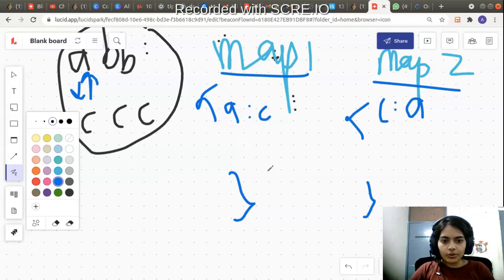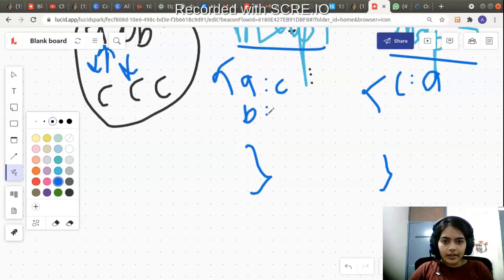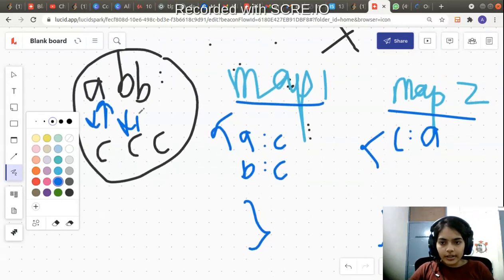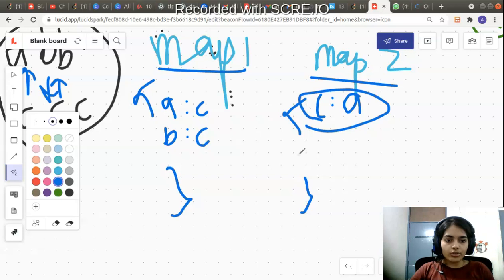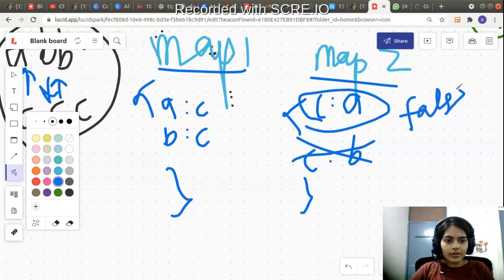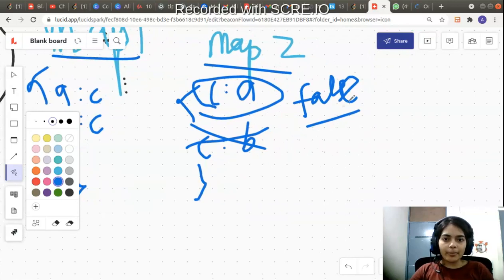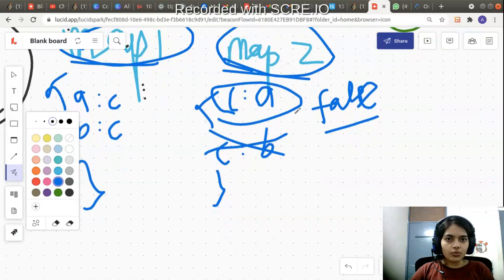Now, what you do? You go ahead and next make the connection B with C. Now when you are trying to make connection B with C, in the second-way connection, you will see in the second map, C is already connected to A. So the connection C to B is not possible. That is why you will return false here itself. Once you return false here, you know that this word is not following the pattern. So this is one thing you have to keep in mind. You have to declare two maps, not just one map.